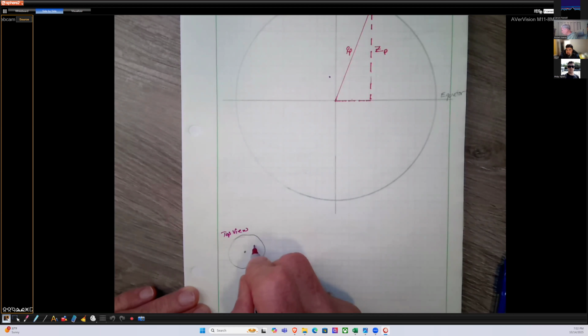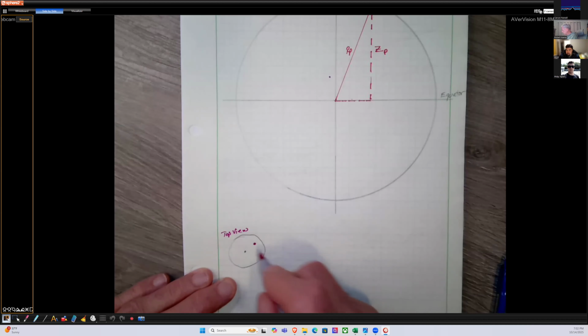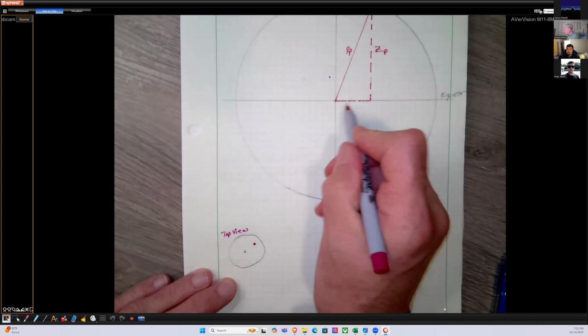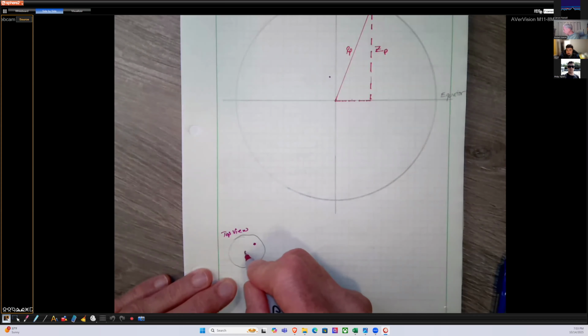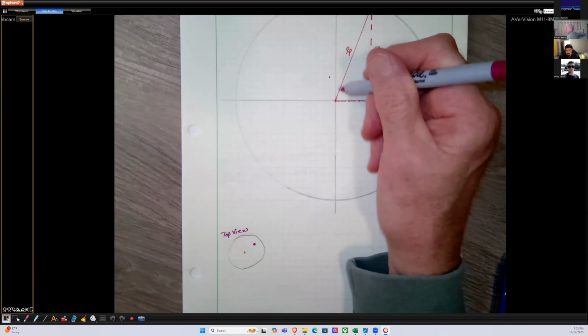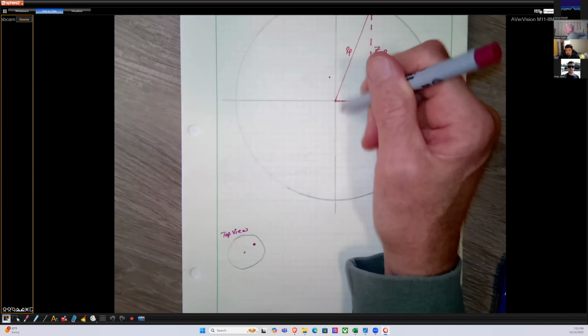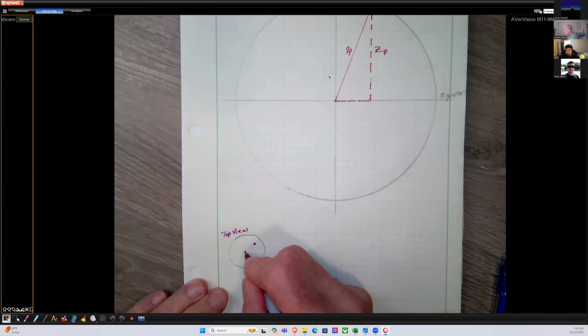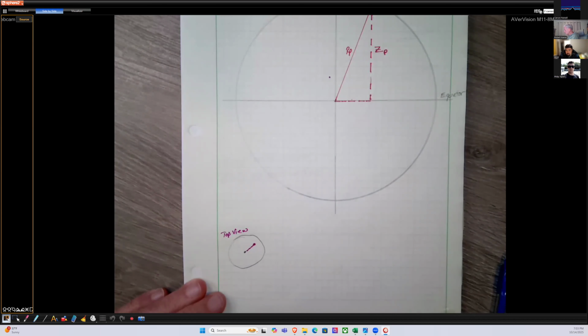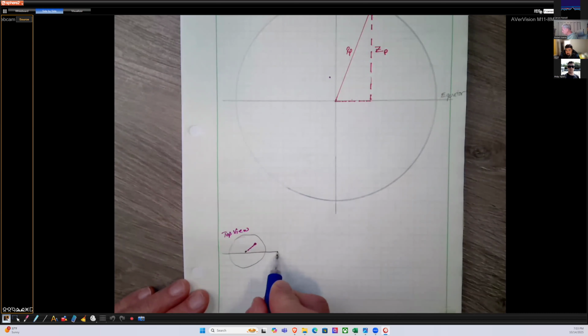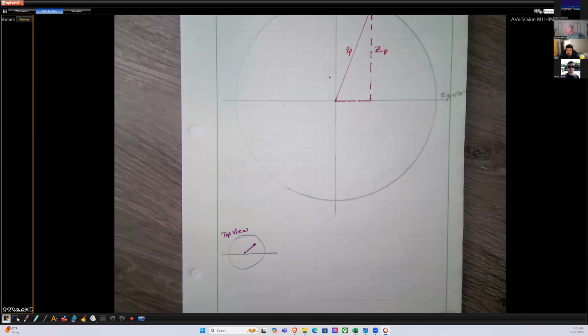And here's my point P. And this dash line here would be the dash line from the z-axis or the spin axis out to the point, right? But since we're looking down like we were before,